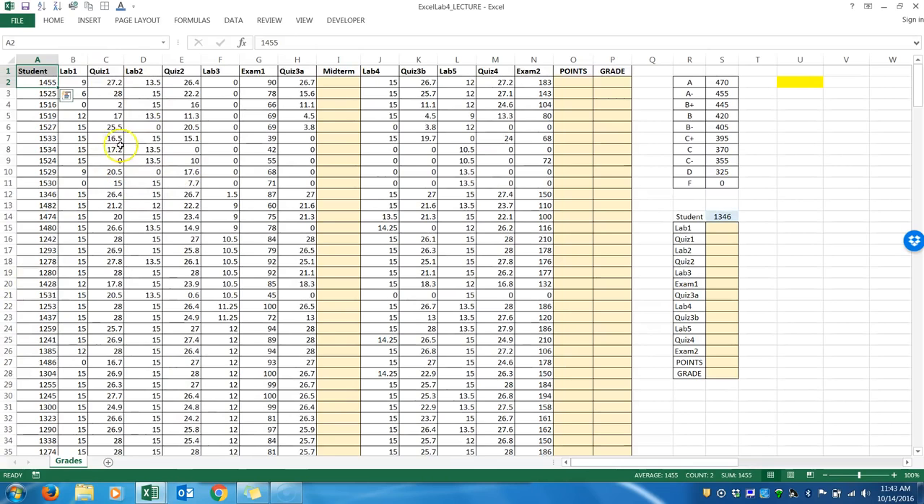These are fictitious students with grades of what we currently have as Lab 1, Lab 2, Lab 3, Lab 4, and Lab 5, along with quizzes, Quiz 1, Quiz 2, Quiz 3A, 3B, Quiz 4, and then Exam 1 and Exam 2. So what I'd like to do is complete this file by using an if statement to populate